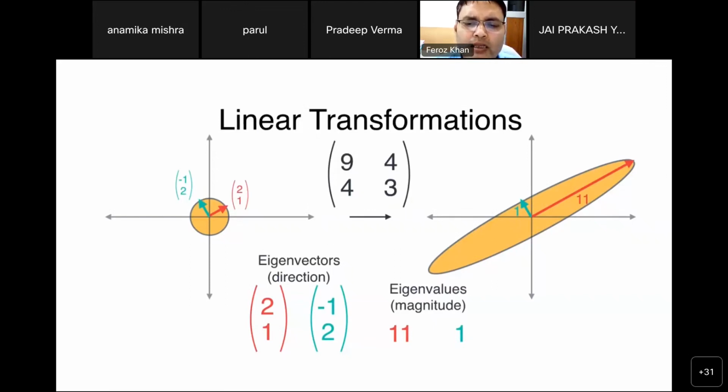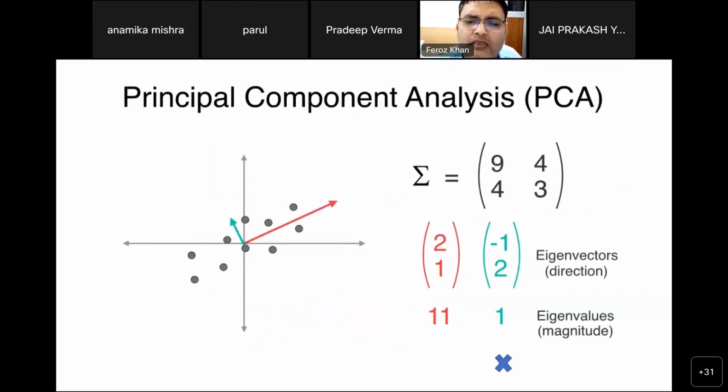For the higher eigenvalue, we mostly select that one. So if we move 1 unit on the y-axis, we have to change 11 units on the x-axis. So this way the x-axis indicates more significant variation. That's why you can select the x-axis and reject the y-axis, the green color part. Only select the red color part.